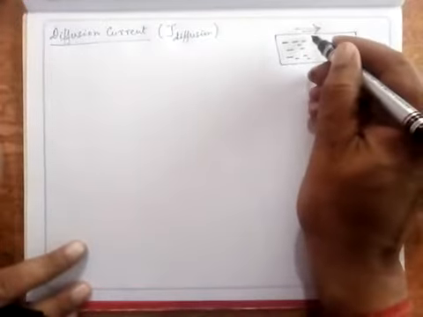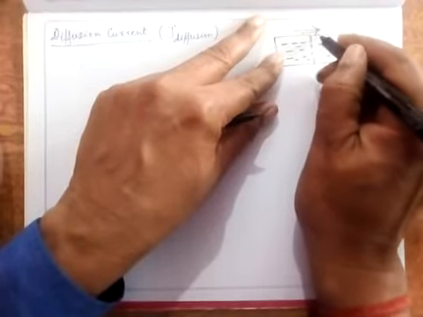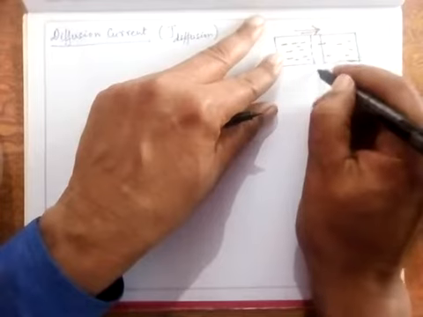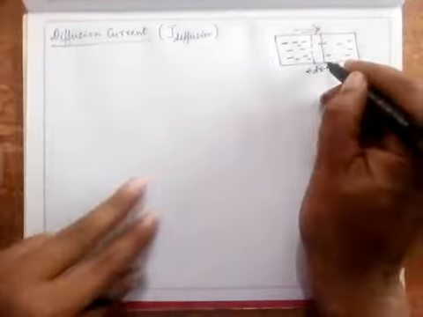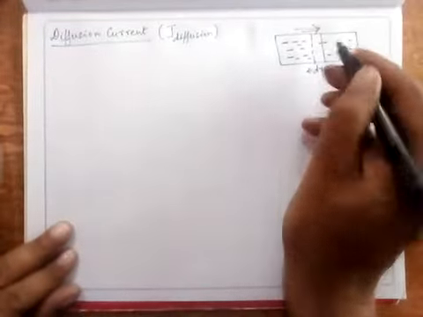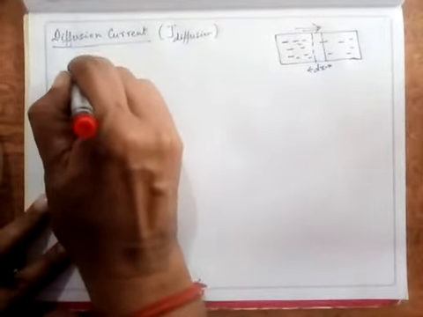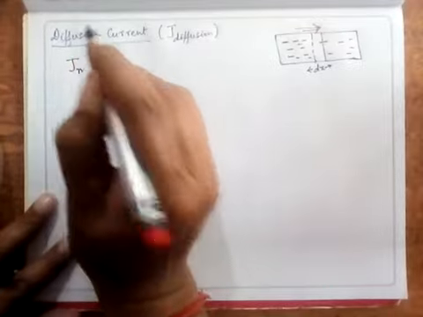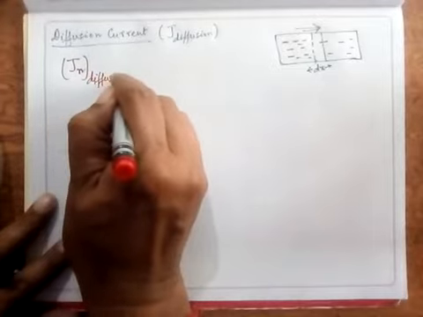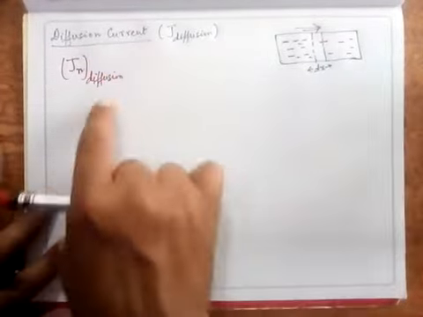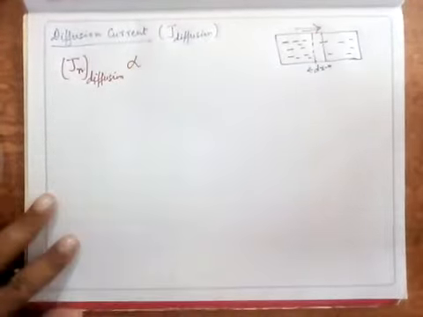Now suppose I assume a small strip here, and the distance of this is dx. It is x and it is x plus delta x. It's a small distance and the charge is flowing here. So for this I can say the diffusion current, that is Jn diffusion, the diffusion current due to the flow of electrons from higher concentration to lower concentration, is directly proportional to